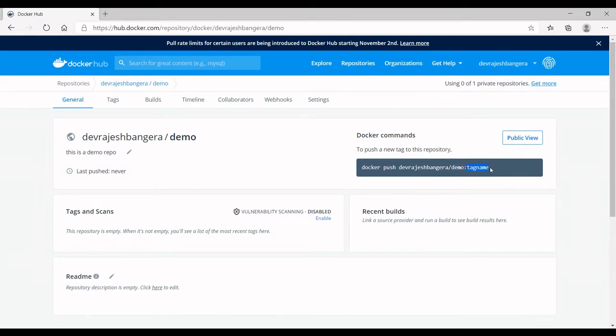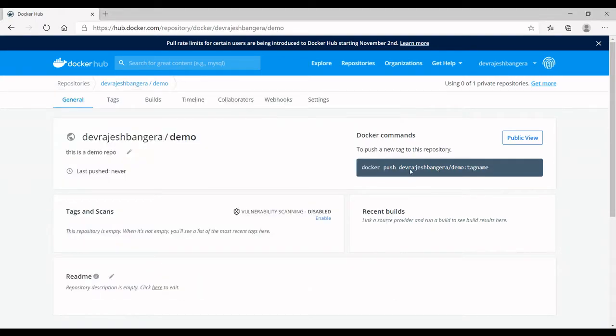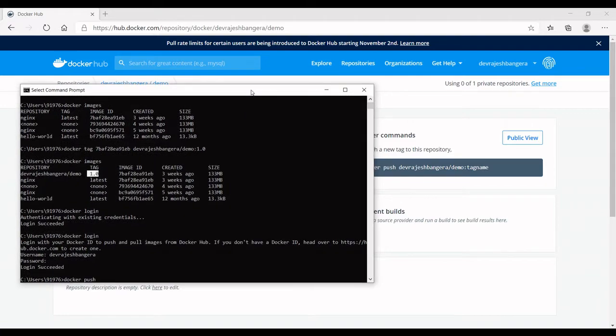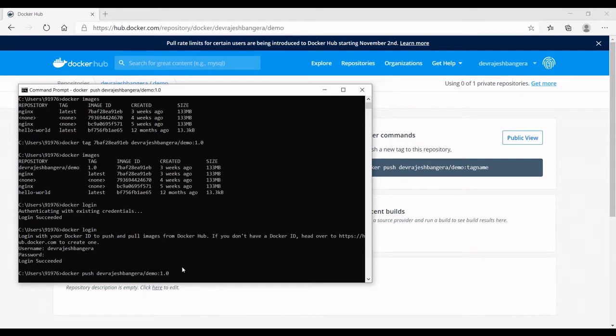The tag name is the name that we have given here, that is 1.0. So we will use this command to push this Docker image, right? I will say enter.